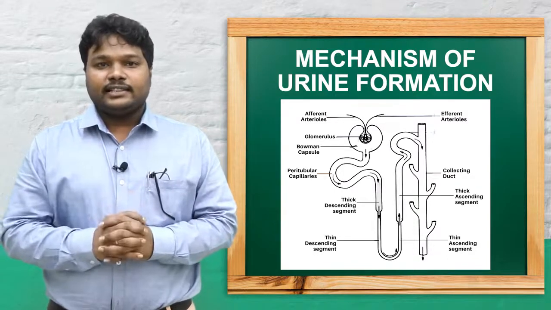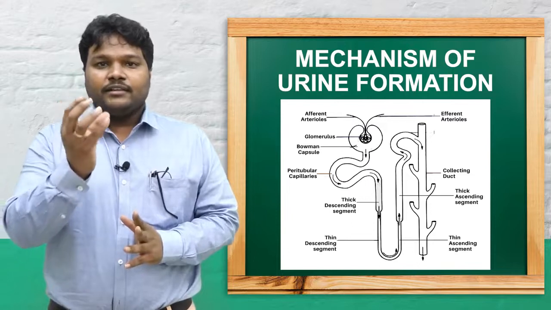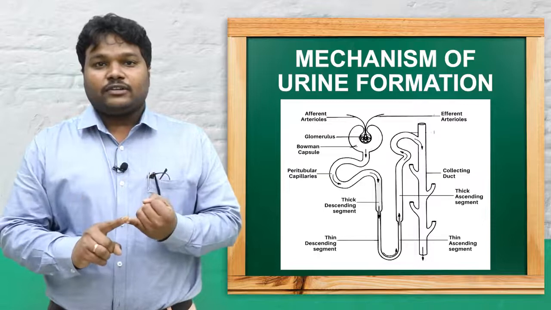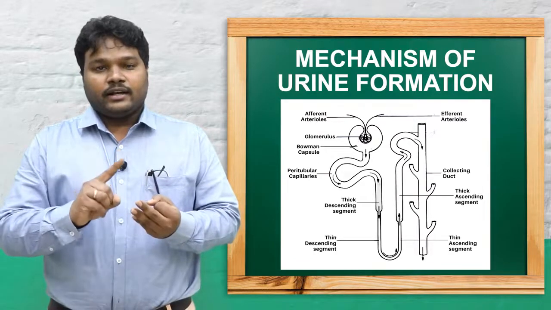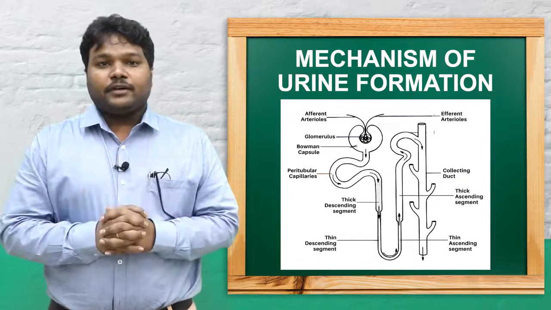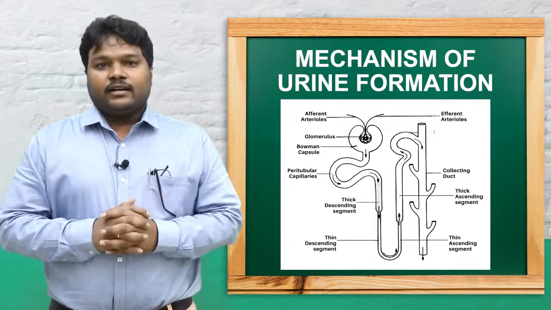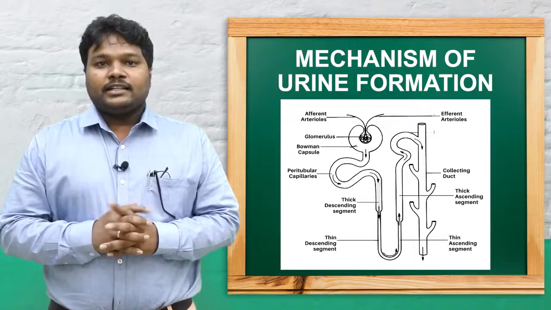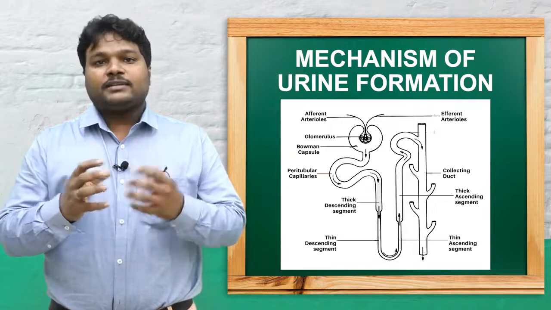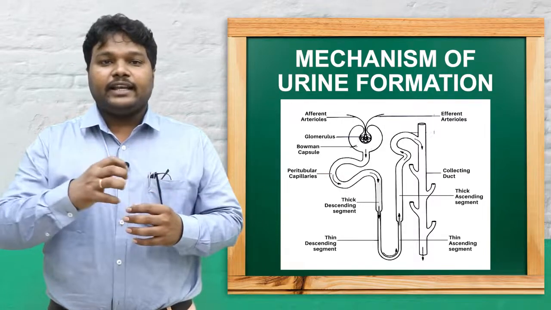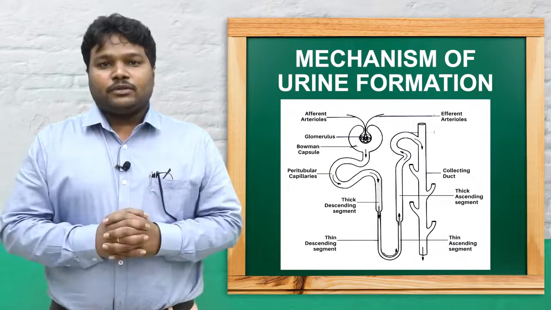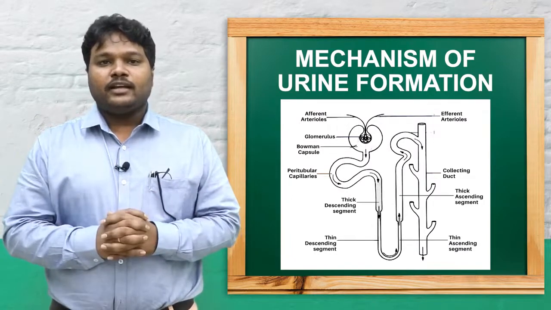The substance coming from the glomerular capillaries contains electrolytes, glucose, amino acids, and all the important substances which are important for the body. In this tubular reabsorption, the filtrate gets filtered again, and the useful, wanted substances are again supplied to other parts of the body through the blood. This is called tubular reabsorption.